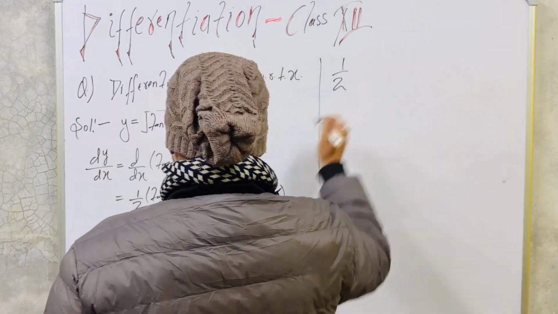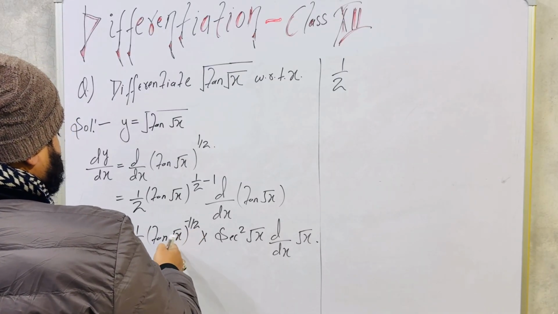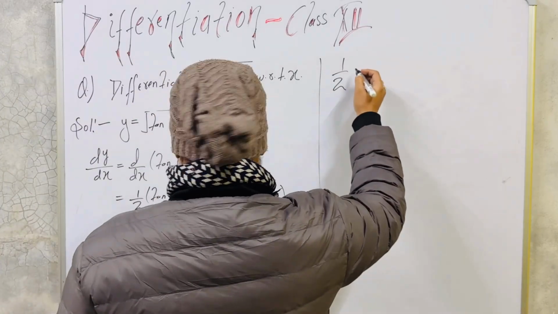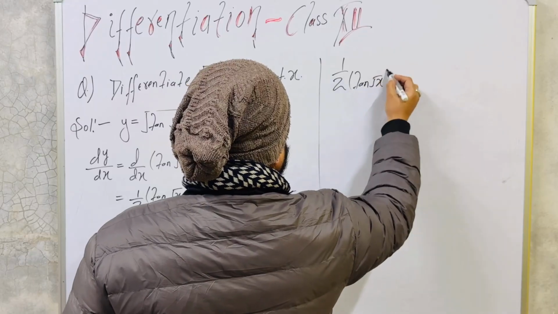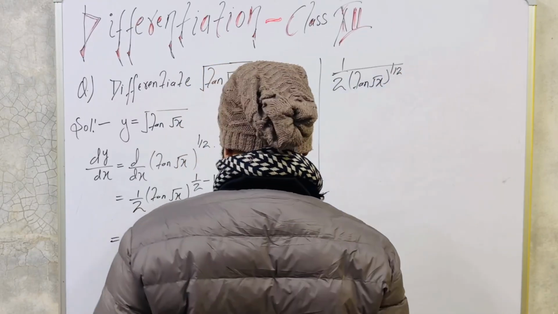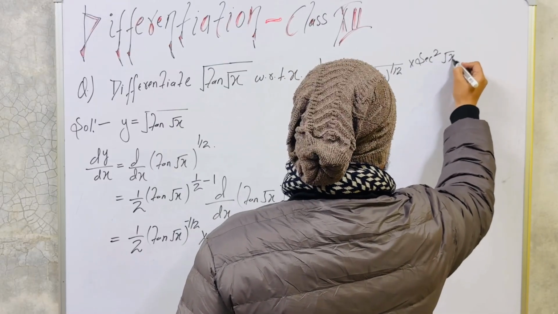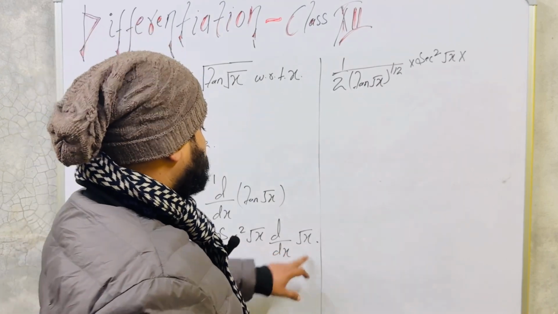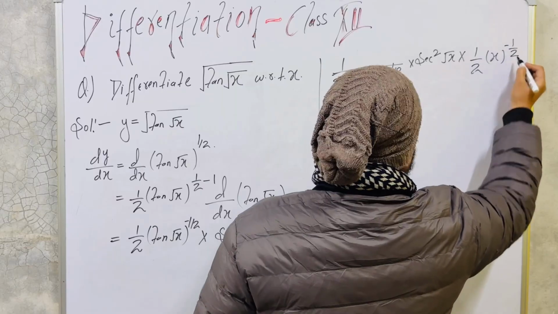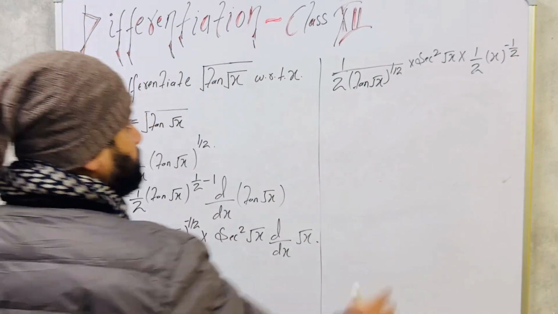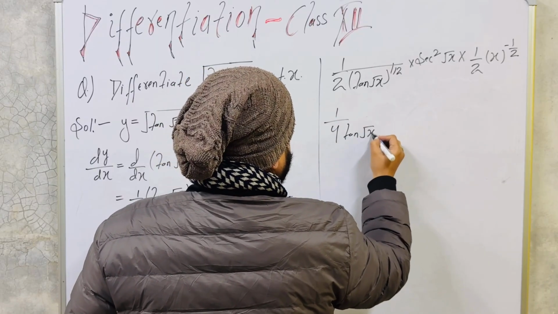Okay, 1 upon 2, this tan under root x to the power minus 1 by 2 is the negative power. We have to reciprocal this, that is we have to transfer tan under root x in denominator, that is the power 1 by 2 into sec square under root x, and the differentiation of under root x is 1 upon 2 to the power minus 1 by 2. Okay, that is 1 upon 2 and 1 upon 2, that is 1 upon 4 tan under root x to